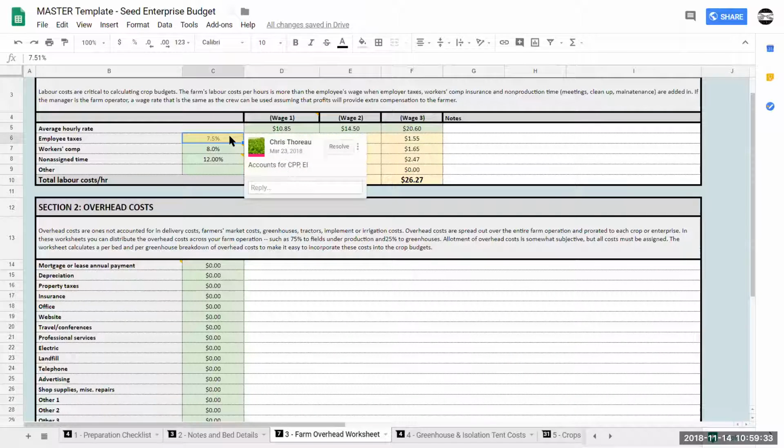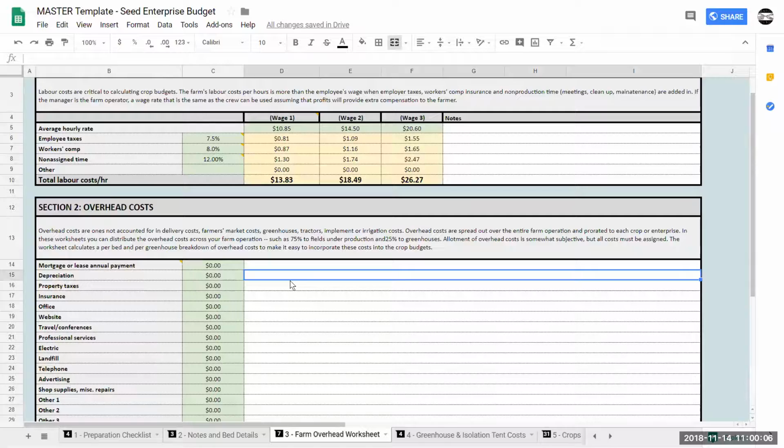And then what the spreadsheet does is add these other costs, which would be taxes and workers' compensation, which is going to vary. And then a little thing we put in there called non-assigned time. This is the time that we spend staring, texting, walking between crops. It's really hard to manage all that time very carefully. So what we just assume is if we record something as taking an hour, generally it takes longer than that because of all these little activities that get coupled with it.